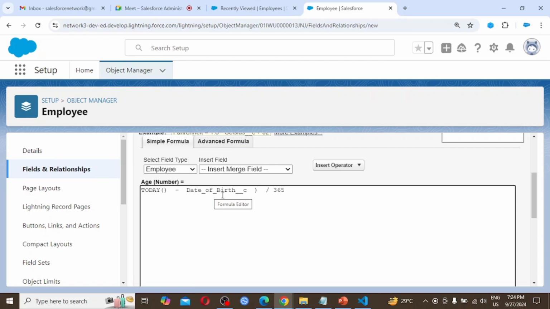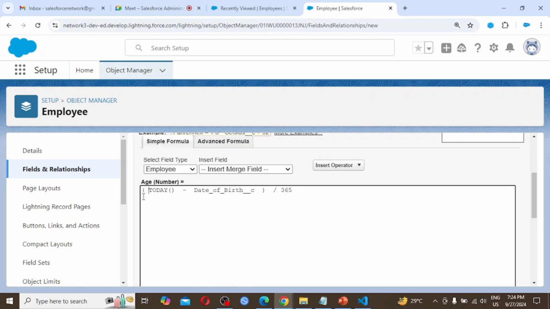In my case I have taken date of birth, so my field value is Date_of_Birth, and at the end, as this is a custom field, it is appended by double underscore c, and here we have to close the bracket.